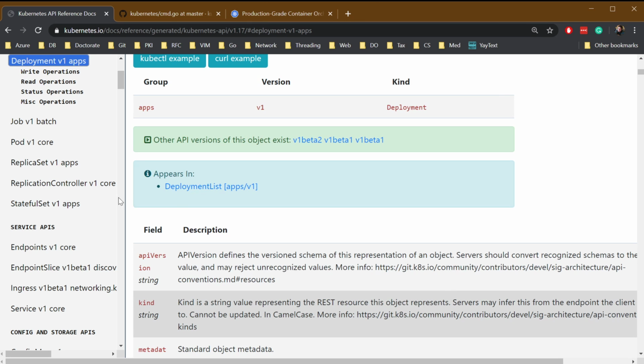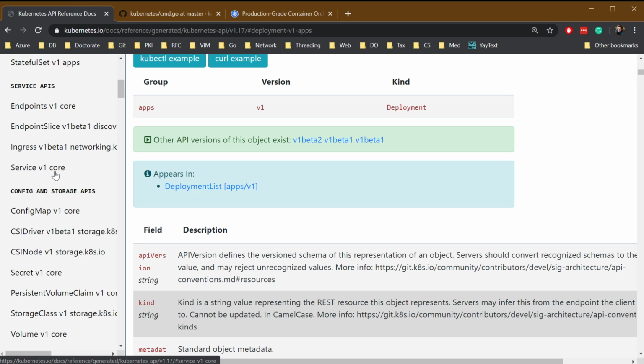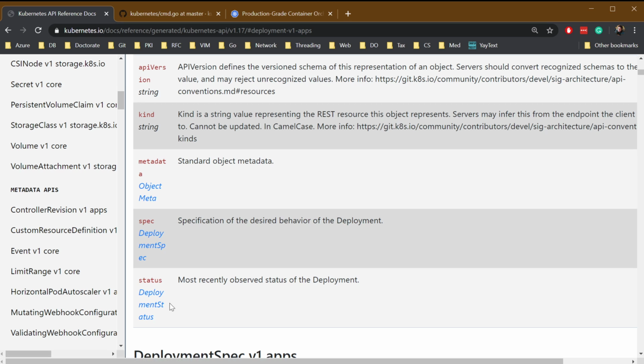If you look here, you'll see apps/v1, that's the API version. It has your group name, and sometimes the group names look like a URL, so don't be surprised about that. And then there's v1 core, which is again the original API group that didn't have a named group. Here, for instance, you'll see all the fields that are necessary, and then you'll see what exactly I'm talking about when I show you an actual Kubernetes